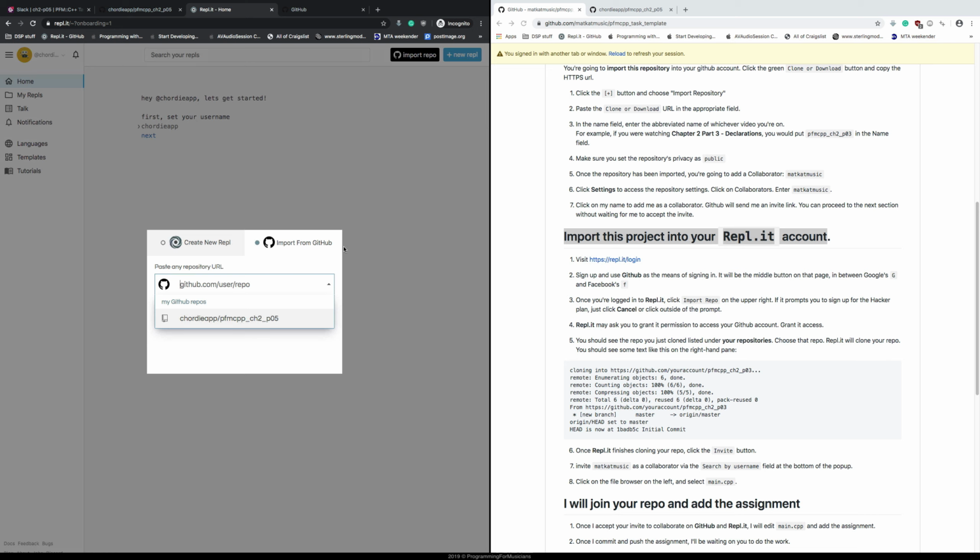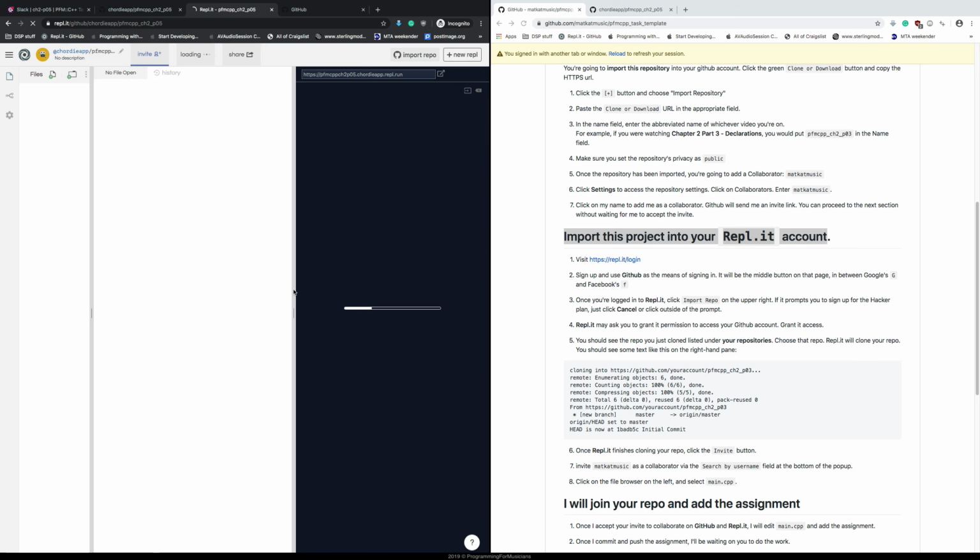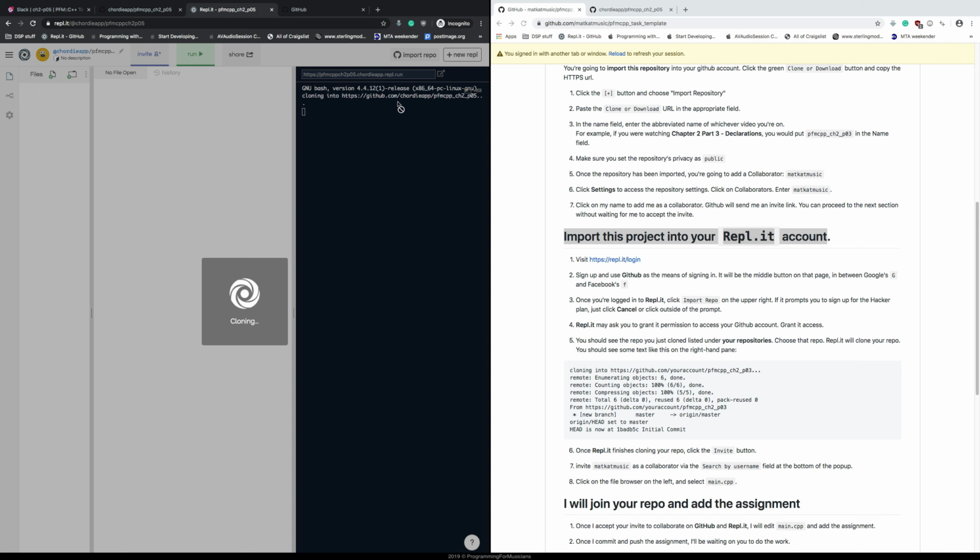Okay, now if it prompts you to provide permission to GitHub, be sure to do that. Once you've done that, you're going to see your GitHub repos listed here under the import from GitHub listing. You're going to click on the repository that you just cloned, this one right here, chapter 2, part 5 in my case. It's going to clone it and import it in. You're going to see a shell on the right side. This stuff should be familiar, where you're cloning a repository from the command line to some local